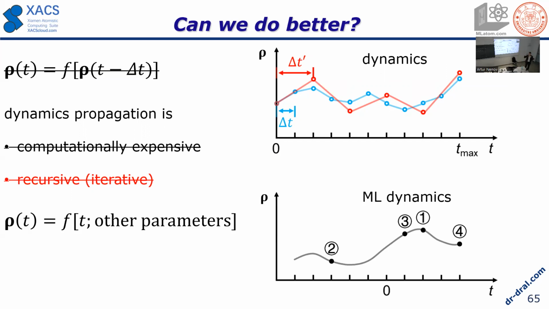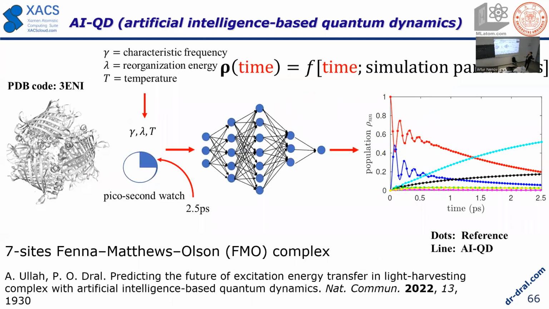So if you think about machine learning in this way, you have some input, and how your input can be timed, and then we can predict the property, then you can get these dynamics properties directly. And this is very nice. This works. So we tested it for, again, one very common complex and also a more complex, very popular one, investigating light-harvesting complexes. And that was again quantum dissipative dynamics, and we could predict these trajectories as a function of time, even in the asymptotic limit of infinite time, because the reference allowed us to do this.